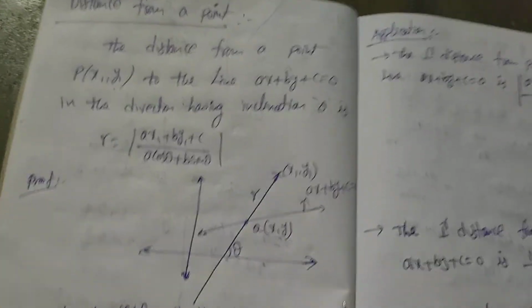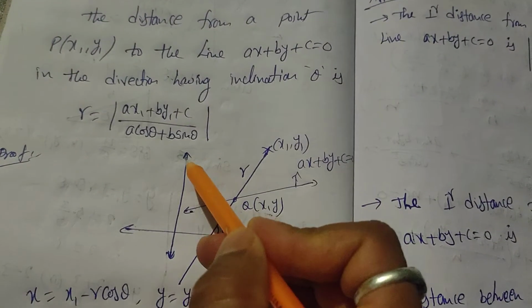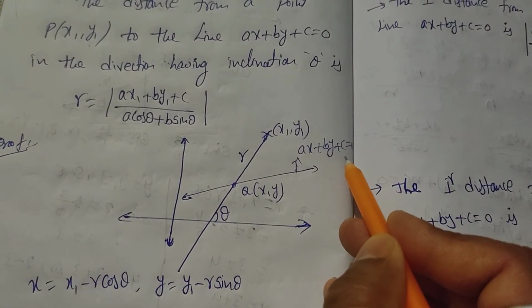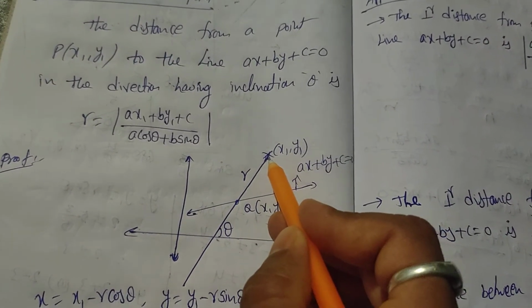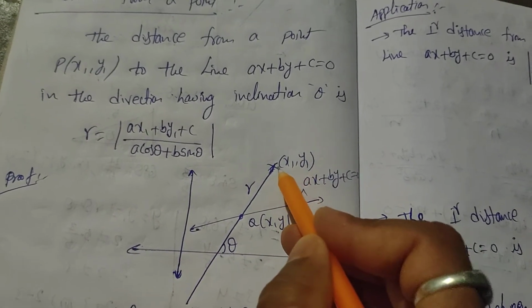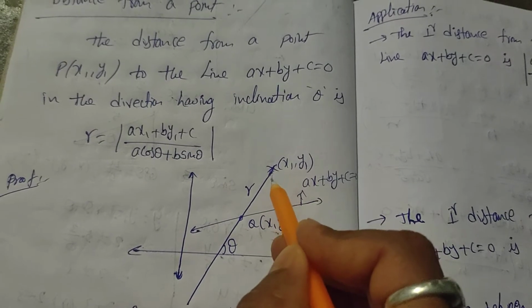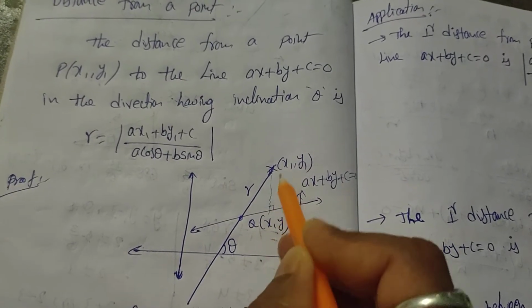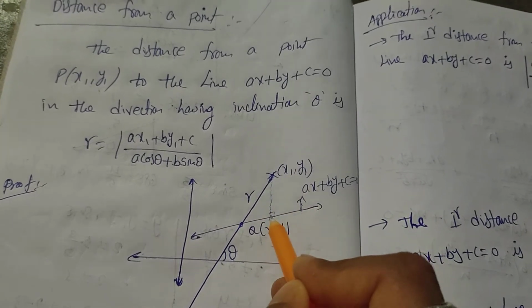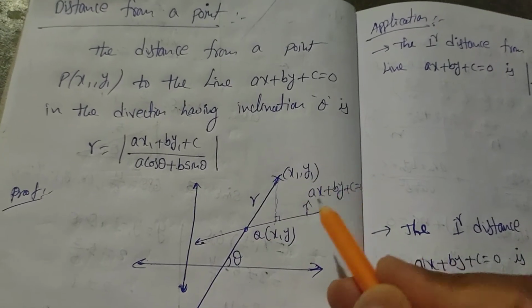That means, suppose this is the coordinate axis and it is the line ax + by + c = 0. So it is the point (x1, y1). In general, distance from this point to this line is nothing but the perpendicular distance. So it is perpendicular distance. But he is not asking about this distance. He is asking the distance such that